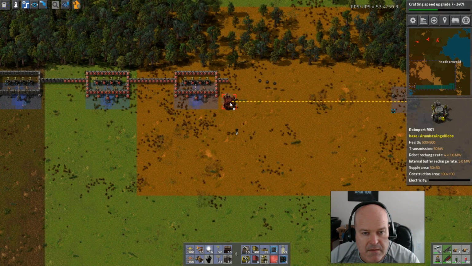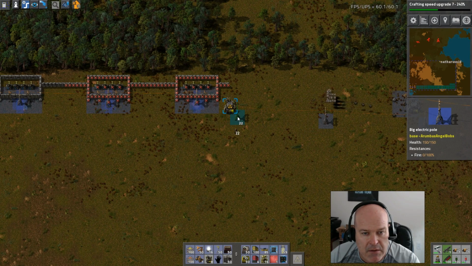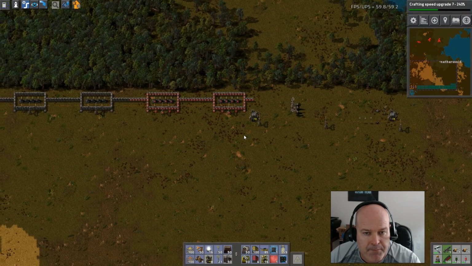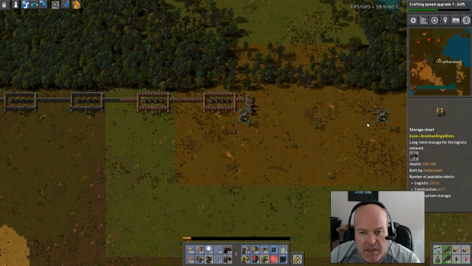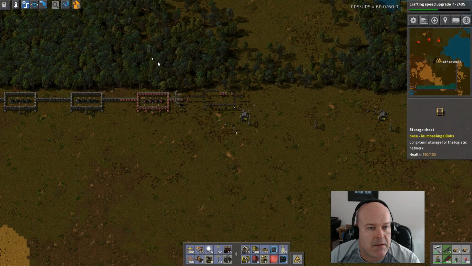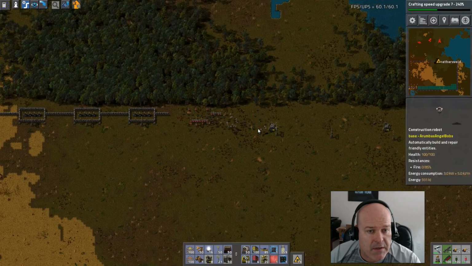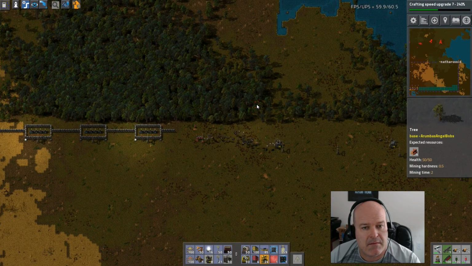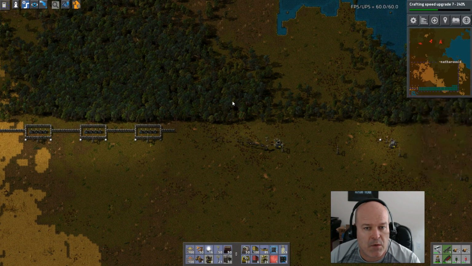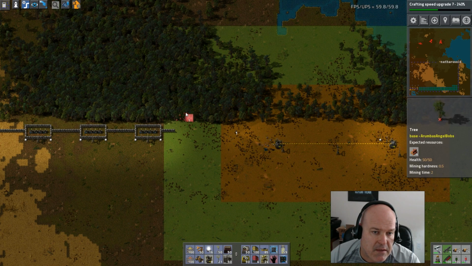Let's do this. Again, we'll just do some large poles to kind of get the power going here. And then let's just pull this up, put it back down over, where is it? Here. There we go. Okay, so that'll get us everything we need. Now we're going to want them to clear all this wood out. Really along this line right here, we'll kind of